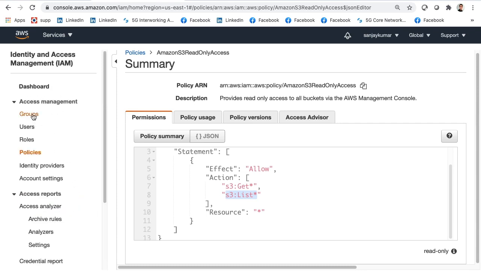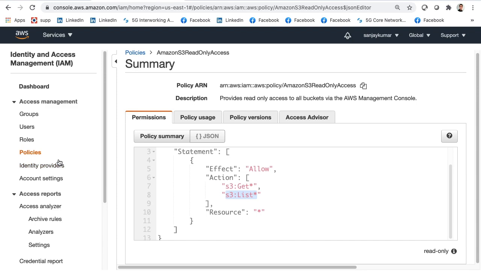In IAM, we have groups, which are groups of multiple users. The users are the human beings or individuals in a given organization, and the roles are typically available for AWS resources so that they can access other AWS resources. All these three, groups, users, and roles, should be given some policies so they are able to do something in your AWS infrastructure.